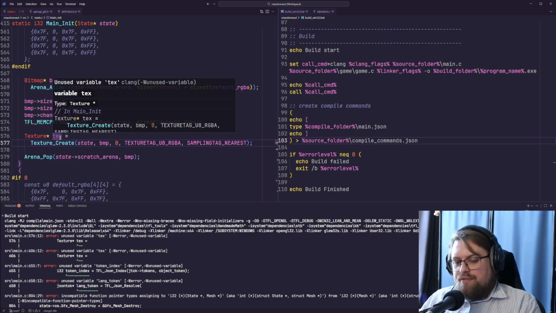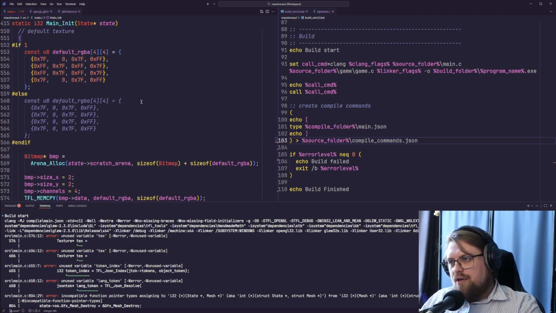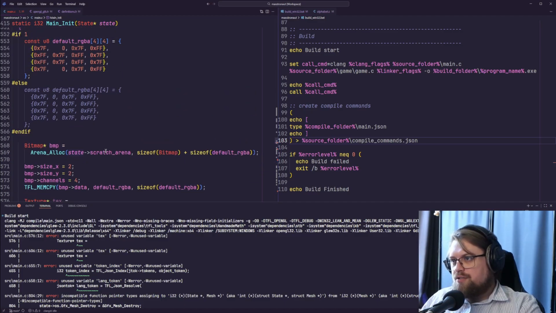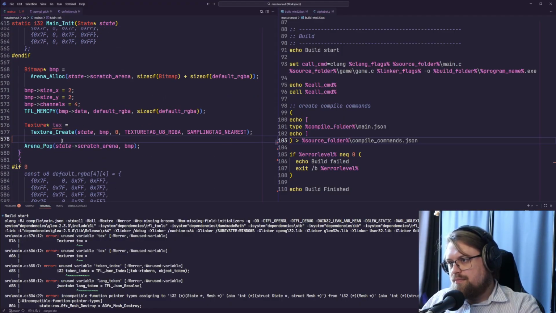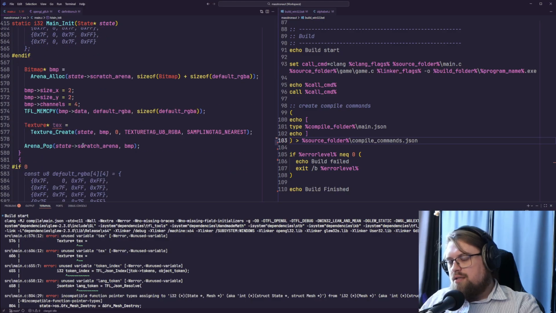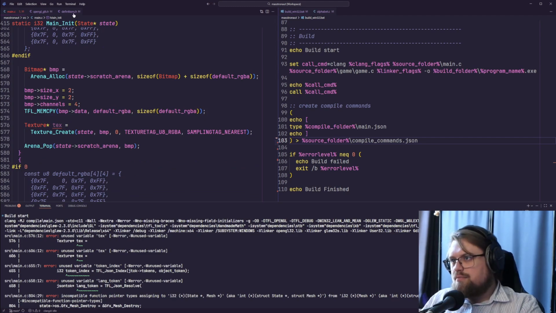This should be stored somewhere on the state, like my default texture, because right now what I'm doing is accessing the 0th texture and just relying on this being created first. But this is unused because it's never used in this context or in this scope. So we should probably, in the graphics,